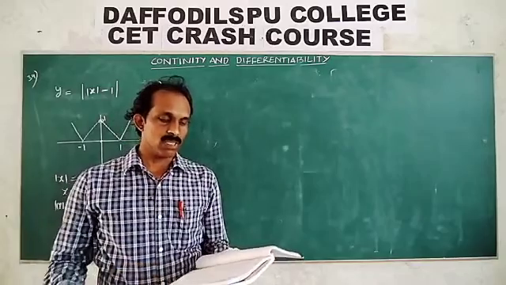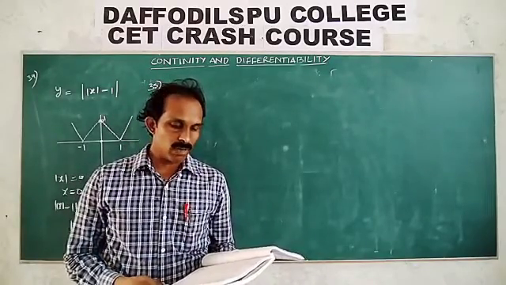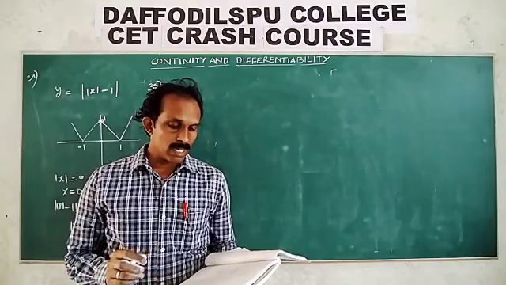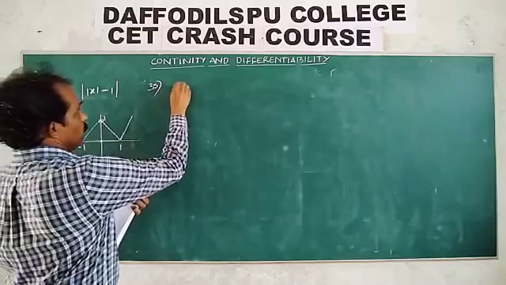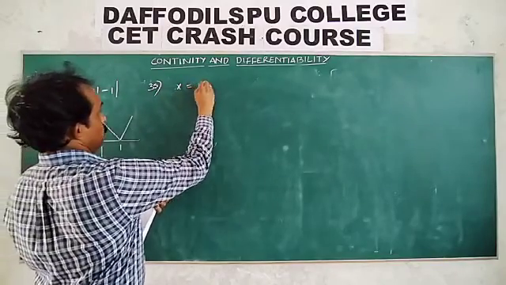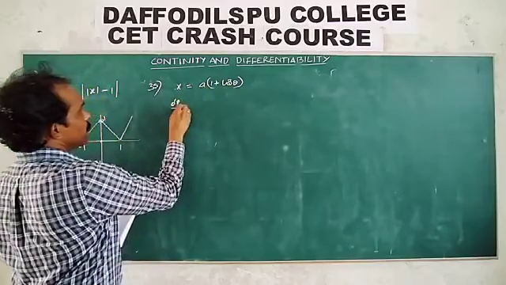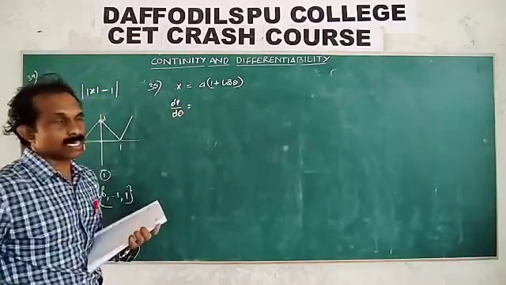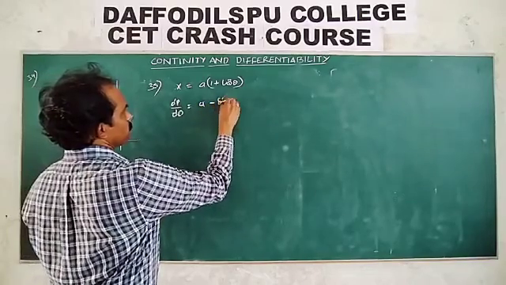Look, just that is like a textbook model, but we need d square y by dx square. Just explain: what is the x value? x is equal to a(1 + cos theta). What is dx by d theta? It is a parametric equation, so dx by d theta is a constant, 0 minus sin theta.